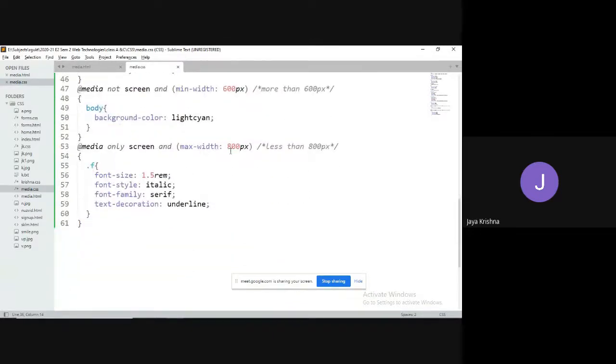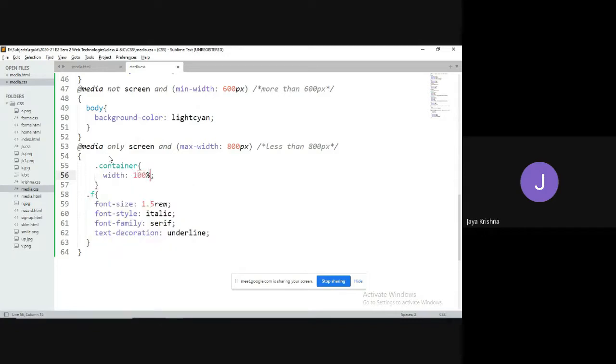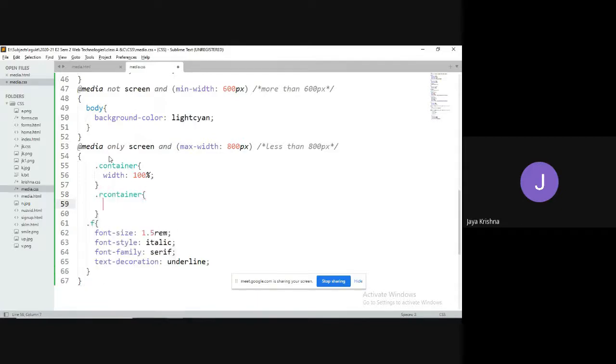For example, if the maximum width of the screen is less than 800 pixels, I need to make the width 100%. So for the dot container, I will make the width 100%, and similarly I will make the width of the right side container also 100%.